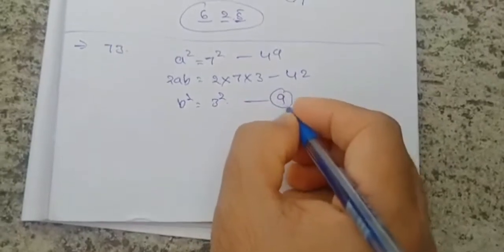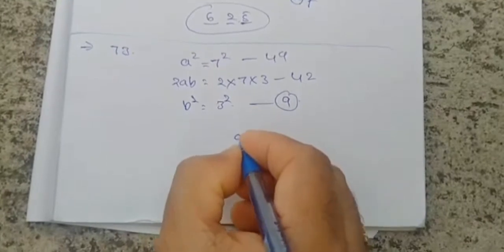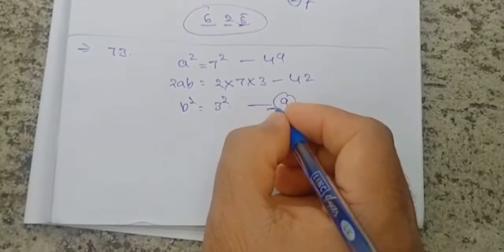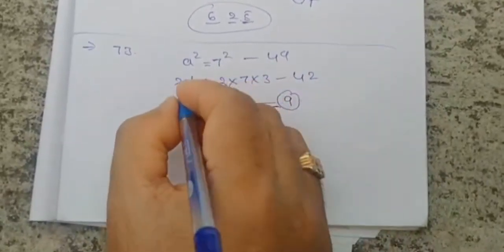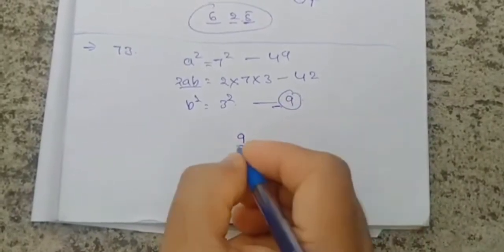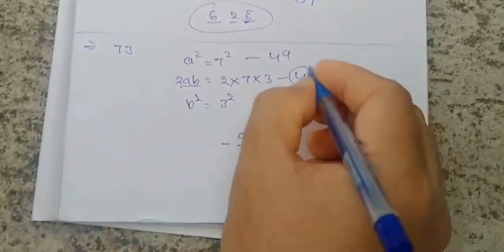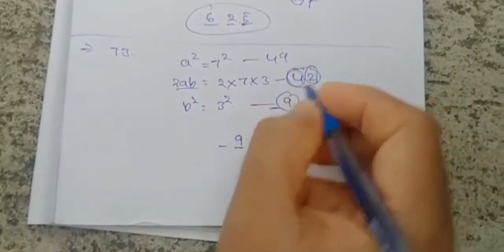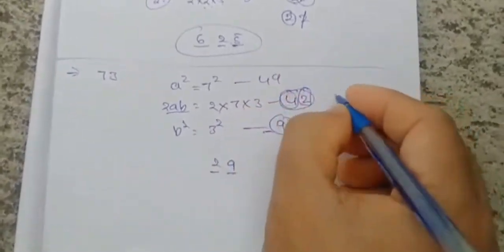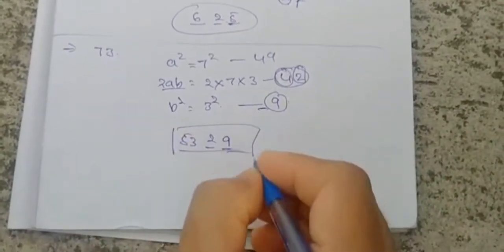So here we got only one digit after doing the b square, so directly we can place it in the units place. If there is a carry, if a tens place is also there, we need to carry it to the 2ab. So here I placed that digit in the units place. After that 2ab is 42, here we have 4 as carry, so we place 2 in the tens place. After that 49 plus 4, 5329. The final answer is 5329.